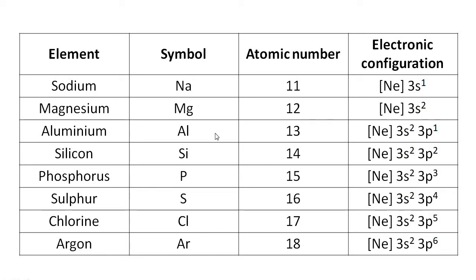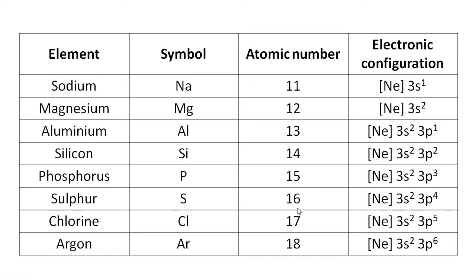See again Hund's rule. For aluminium, symbol Al, 13 electrons, after filling 3s2 the next electron enters the 3p orbitals of higher energy. That means it occupies the 3px subshell. In case of silicon, 14, the next electron occupies the 3py orbital. For phosphorus, 15 electrons, the next electron enters the 3pz subshell.